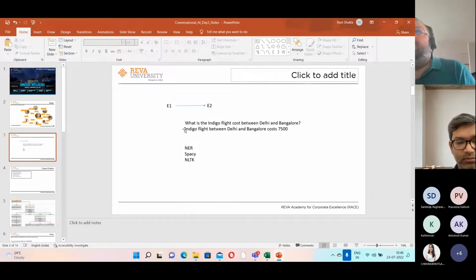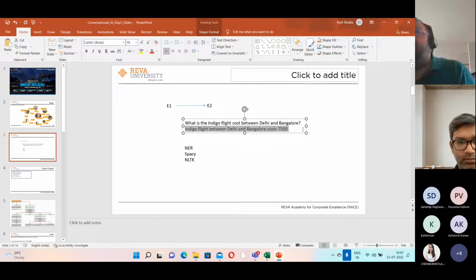So how would you convert this into an entity relationship? Maybe you will have Delhi and Bangalore as two location entities, as two nodes, and Indigo flight costs may be the relationship between them.